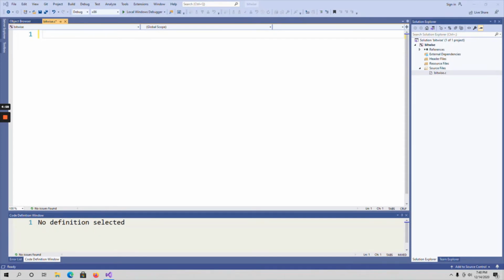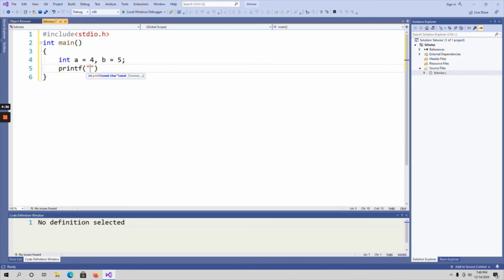Now let me show the execution. First, coming to the bitwise AND operation. Here I am writing the code: #include <stdio.h>, int main. I am initializing two variables, a with 4 and b with 5. printf, %d, comma, a bitwise AND of b. return 0.